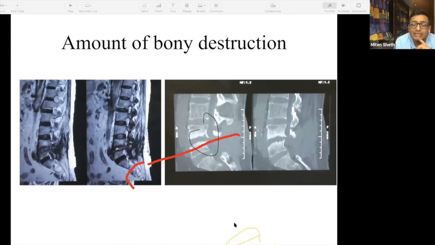I tell the patient, do we get an MRI? The patient has got a pacemaker and MRI is not possible. What to do then? Okay. Then I need to find out if there is any compression over here or not. So here I can use something called a myelogram. In a myelogram, what is done is a dye is injected over here, and the dye passes through the spinal column.